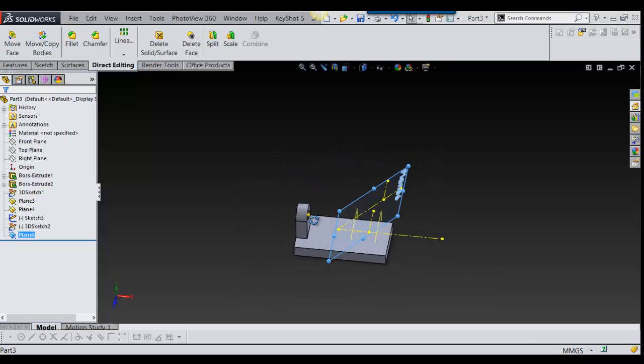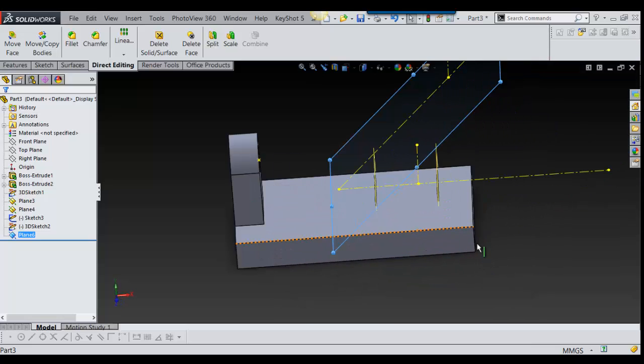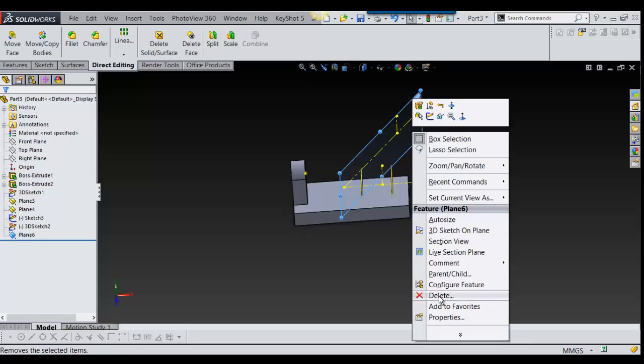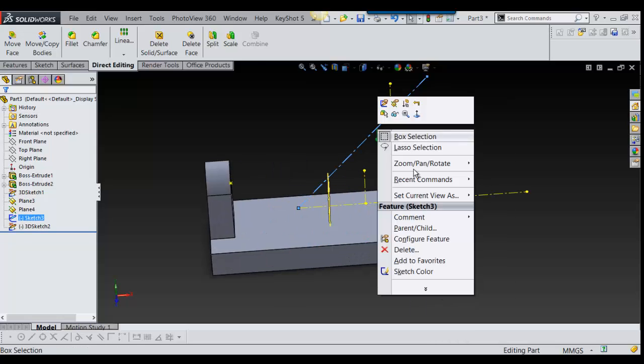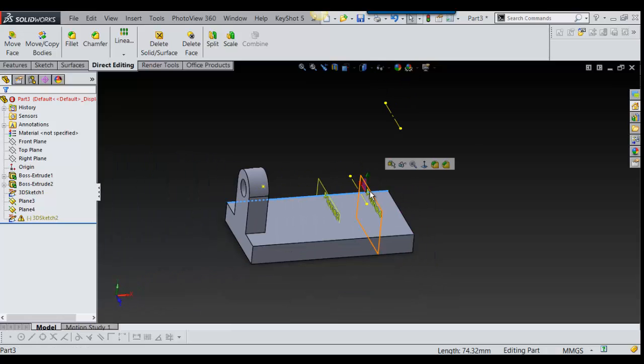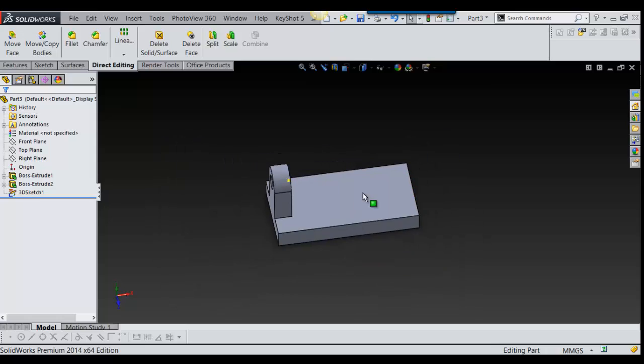I think that's pretty much the basics. Also, I'll show you one more way. Let me get rid of all this. Okay, another way is